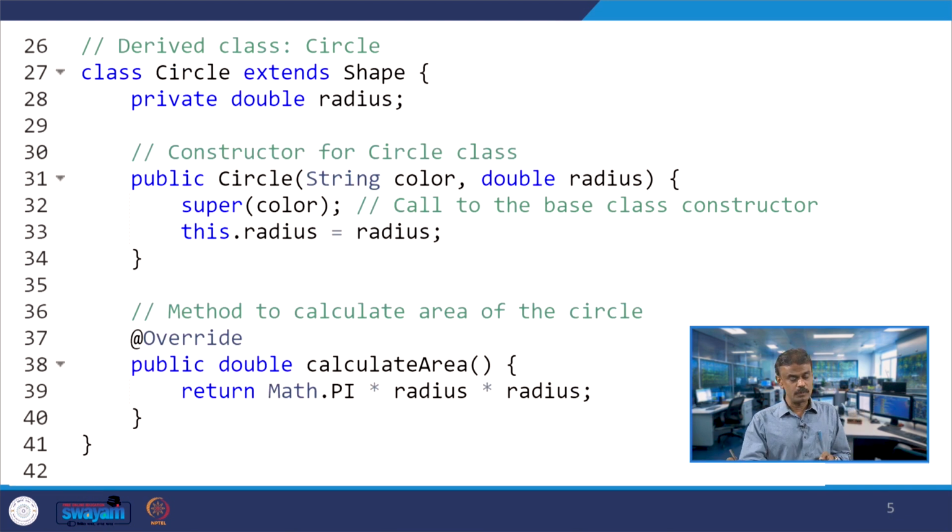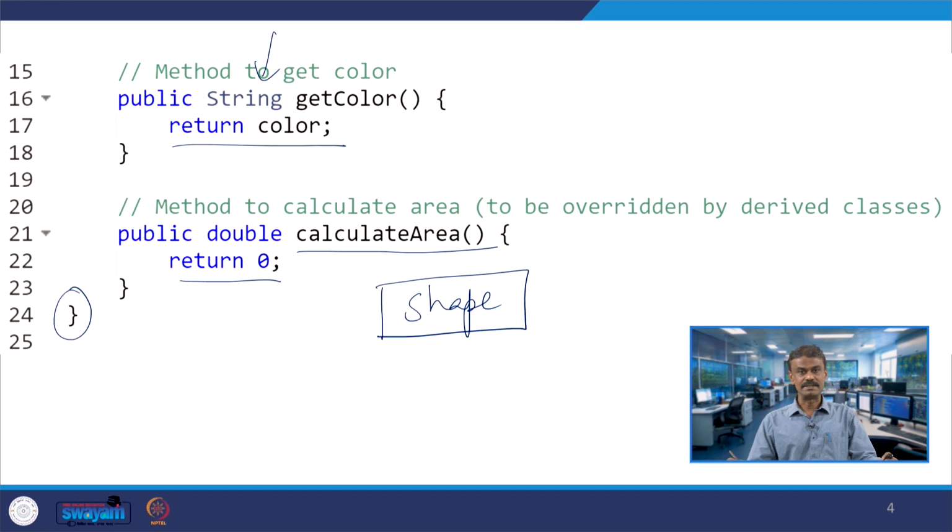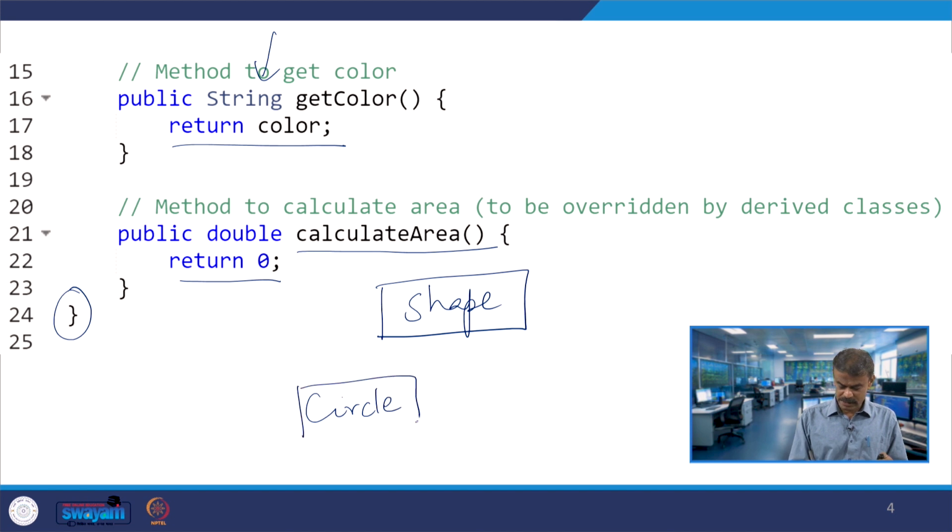And then assume that I have a derived class, the derived class is Circle, which is extending Shape: class Circle extends Shape. This is the syntax in Java we had already seen. Circle is utilizing the properties of Shape, that means Circle is inheriting Shape.